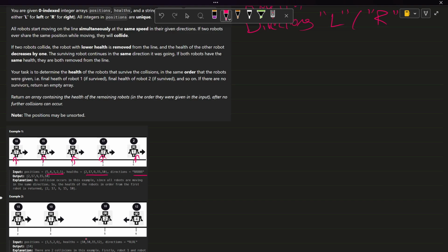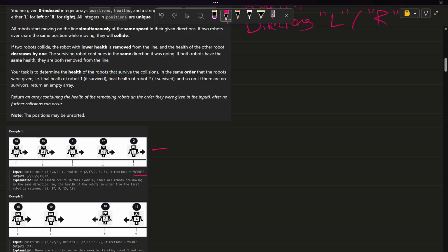See, don't get confused between position and index. This one is the position, meaning the robot at position 5 is present here, and its health is 2. Now at position 4 the robot is present with health of 17. So please don't get confused between position and index. Now